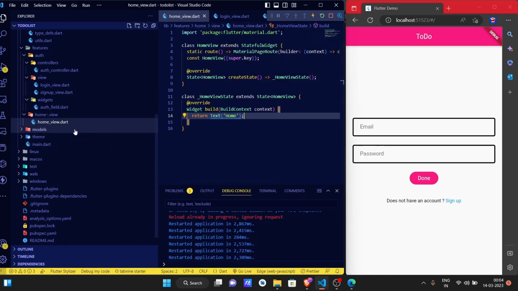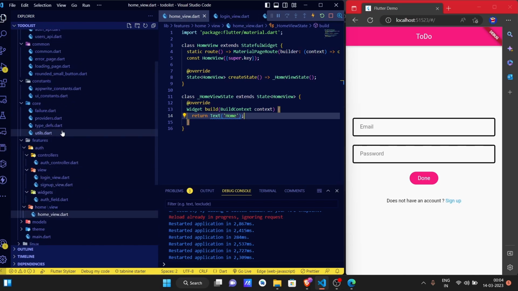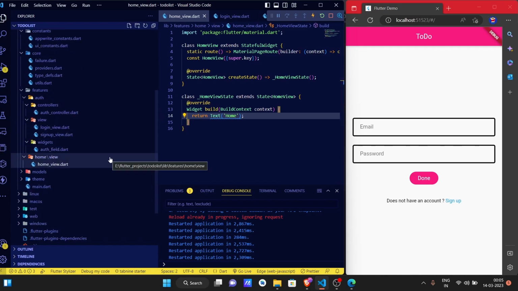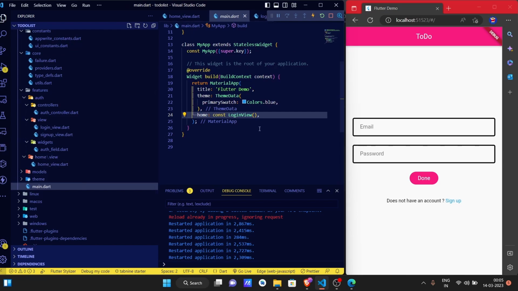Now as you can see, our app is restarted and we are again on the login page, but our user has already logged in and has not logged out of the application. So until the user logs out, we want to show the home view only. So for that